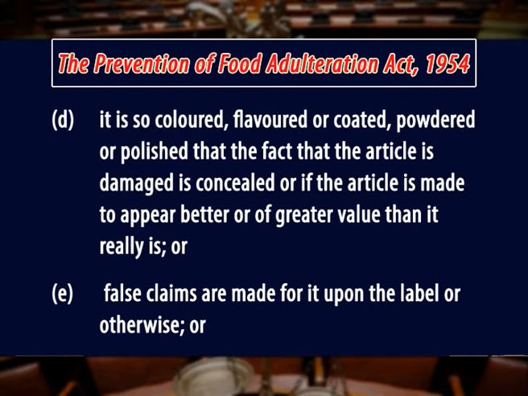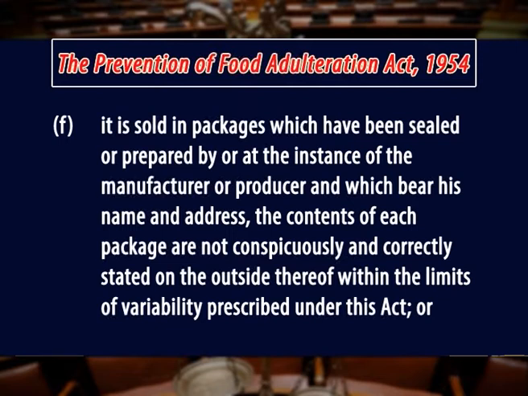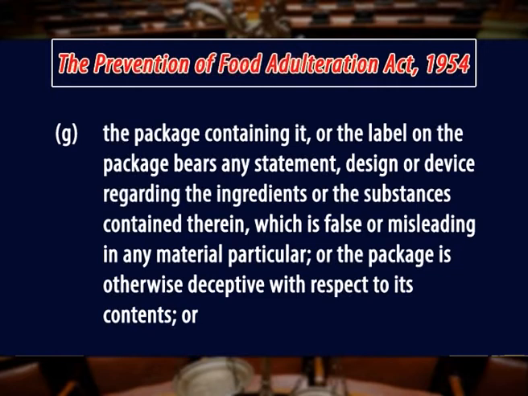or coated, powdered or polished that the fact that the article is damaged is concealed, or if the article is made to appear better or of greater value than it really is, or (e) false claims are made for it upon the label or otherwise, or (f) it is sold in packages which have been sealed or prepared by or at the instance of the manufacturer or producer and which bear his name and address, and the contents of each package are not conspicuously and correctly stated on the outside thereof within the limits of variability prescribed under the Act, or (g) the package containing it or the label on the package bears any statement, design or device regarding the ingredients or the substances contained therein which is false or misleading in any material particular,